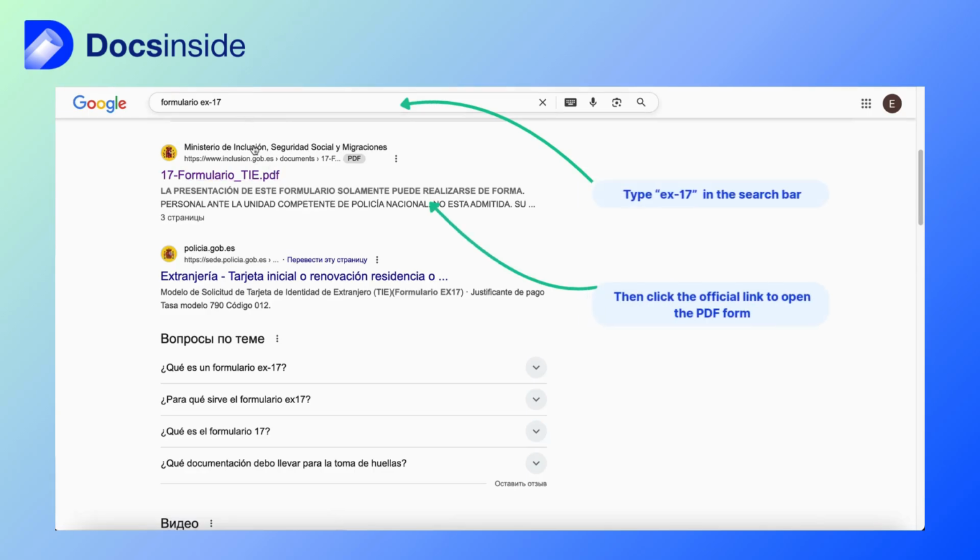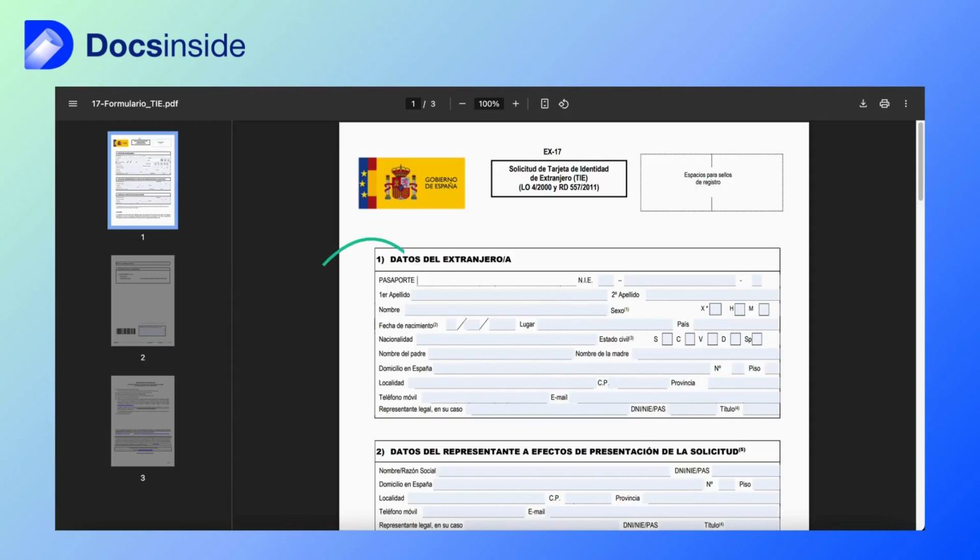Let's get started. Type it into the search bar, then open the official website. Enter your personal details such as passport number, NIE, first surname, second surname, if you have one, name,